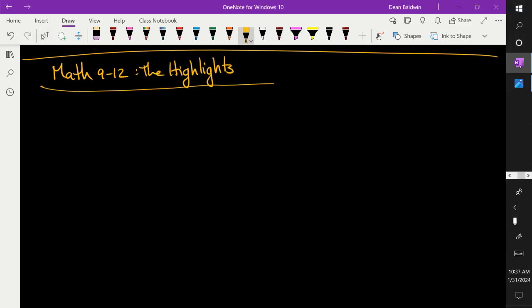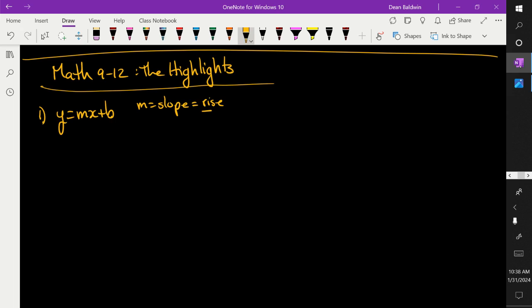When you were in grade 10, you did that. Remember grade 10 math? Y is equal to mx plus b? What type of line is that? Yeah, slope intercept, linear, straight, whatever. What does m represent? Slope, which is